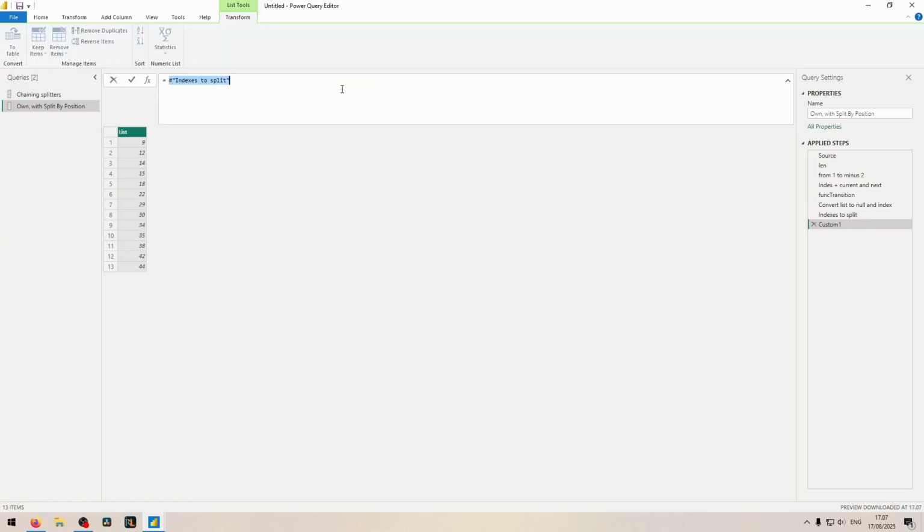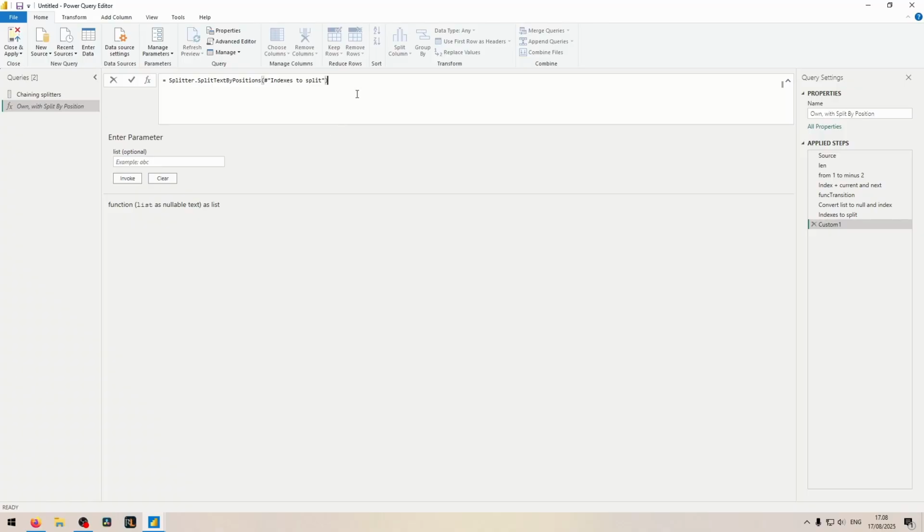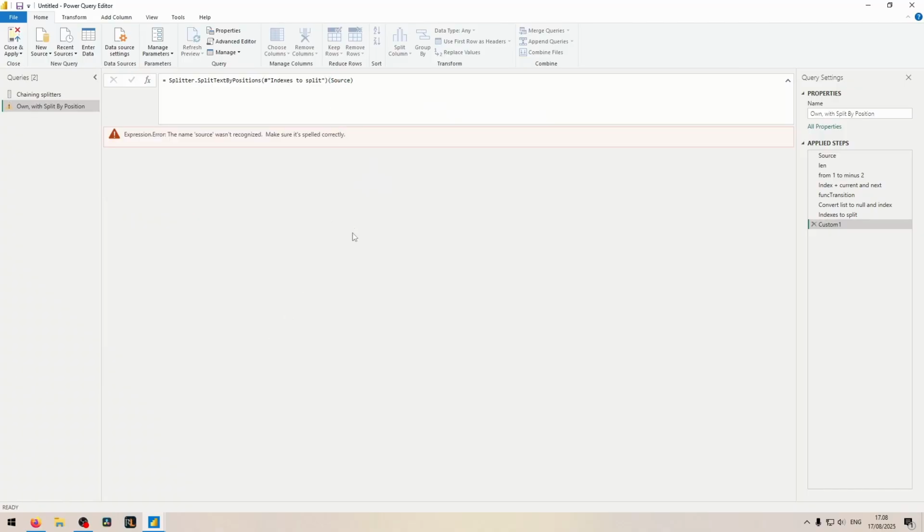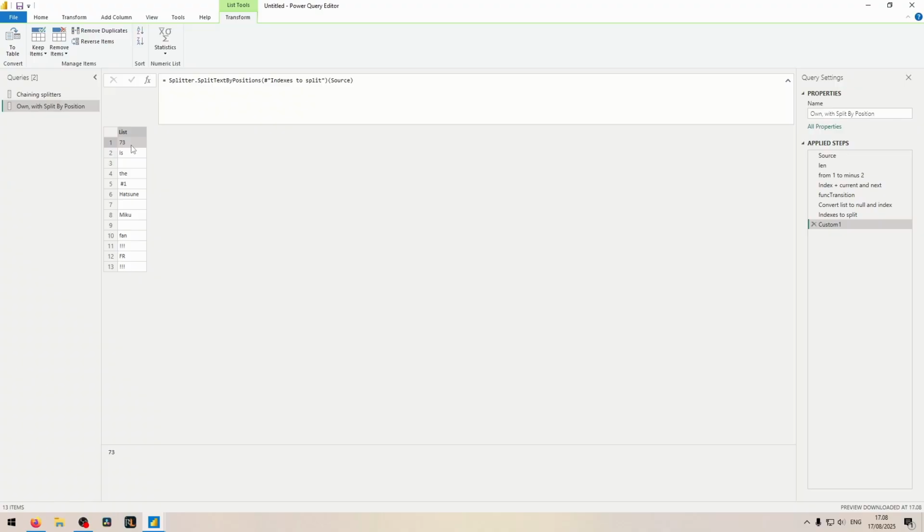Lastly, I can use another splitter, which is then split by position, because I now have the indexes to split. This function takes a list of positions, which is then this list, which is indexes to split, and it doesn't give me IntelliSense, so that's nice. Which gives us a function, which I then apply on my text all the way at the start with a capital S. And then we can see here that it does a split at the first index position, which is 9,